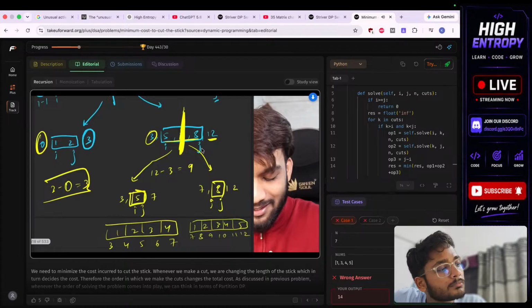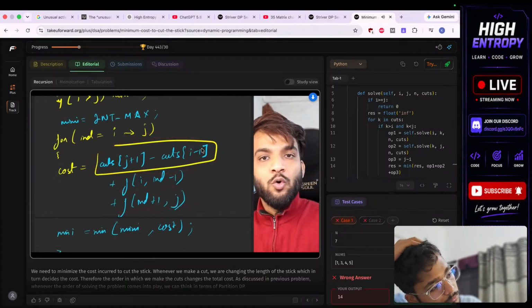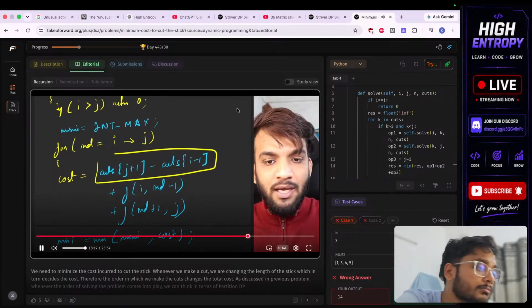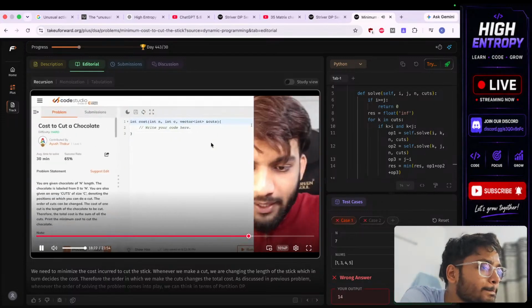So I hope I was able to explain why this and why the left subproblem and the right subproblem. Once you've understood this, I think this becomes a very simple cakewalk partition DP. So now what I'll do is I will just go back to the code, okay, cost to cut a chocolate, and